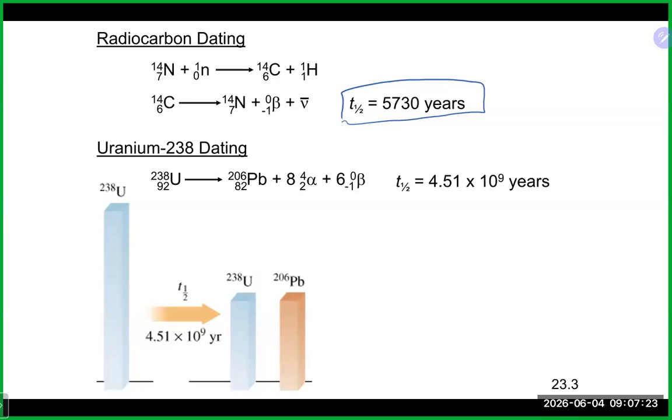We can also do uranium 238 dating, in which it decays down into lead. And sometimes this is how much lead is there versus what we started with. That also has a half-life of 4.51 times 10 to the 9 years in this case. So if we take a look at one here,